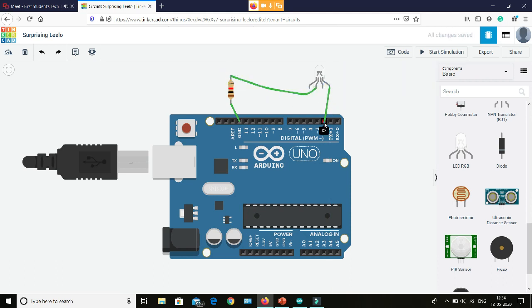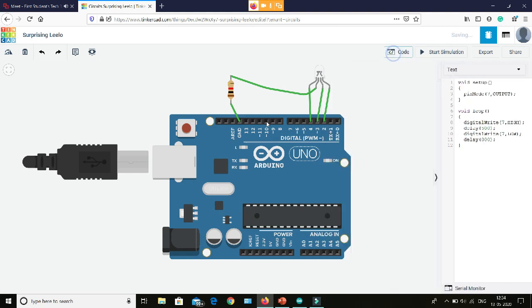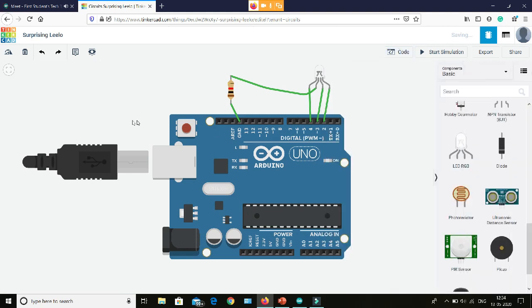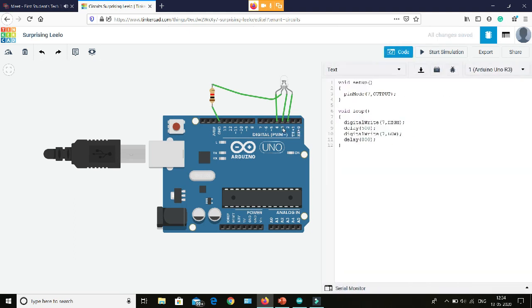Now we are using pin number 2, 3 and 4. First of all, we have to set all of these pins as output. So we have set all the pins as output.